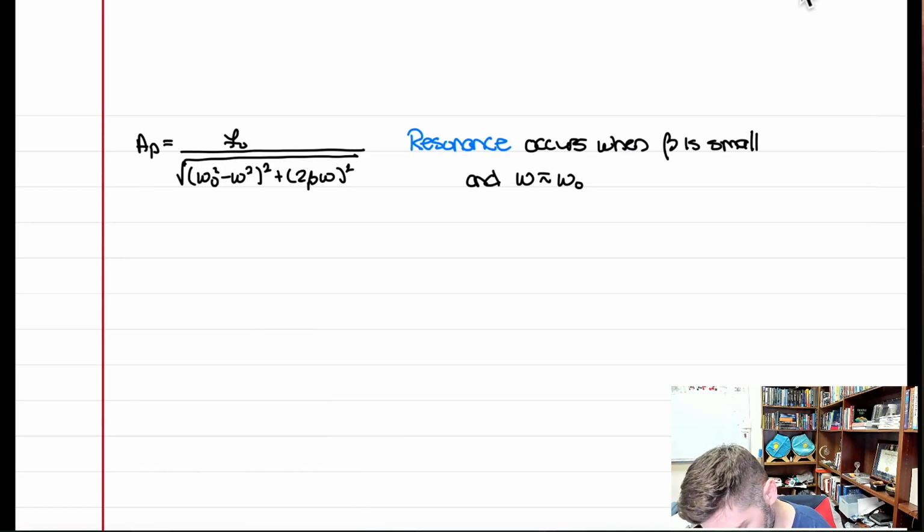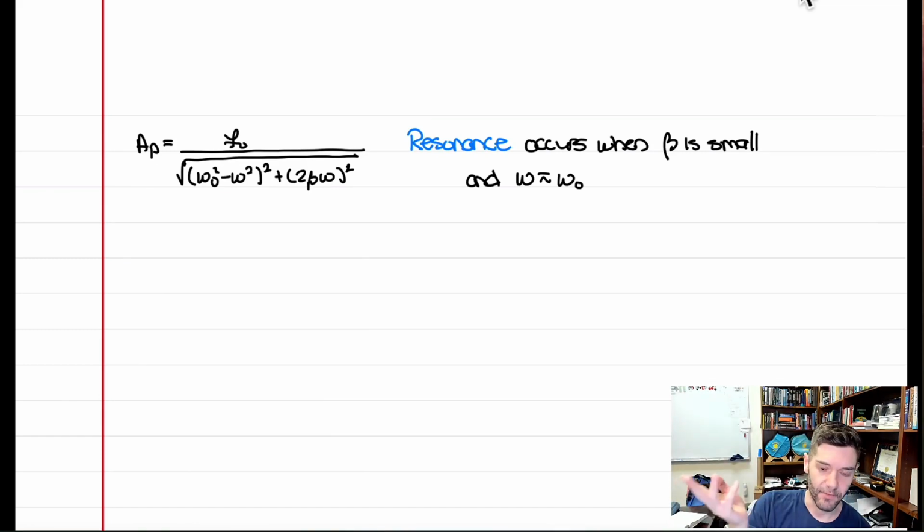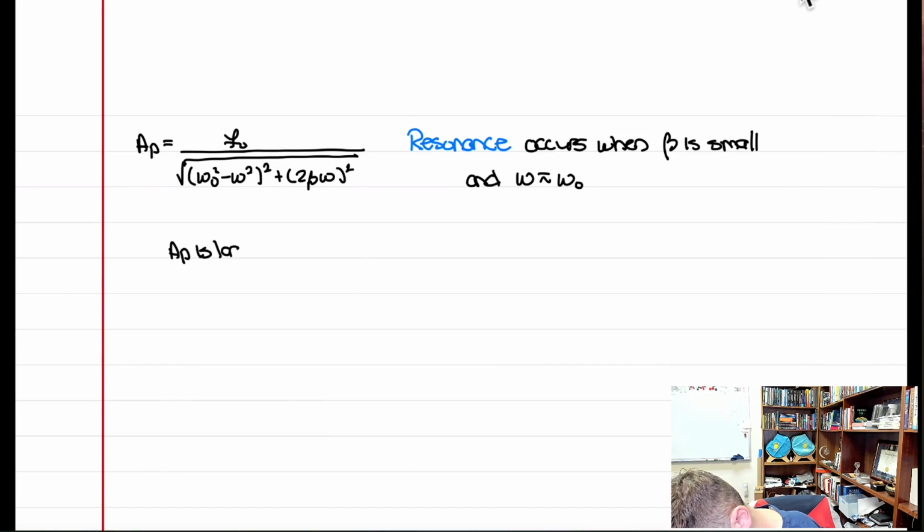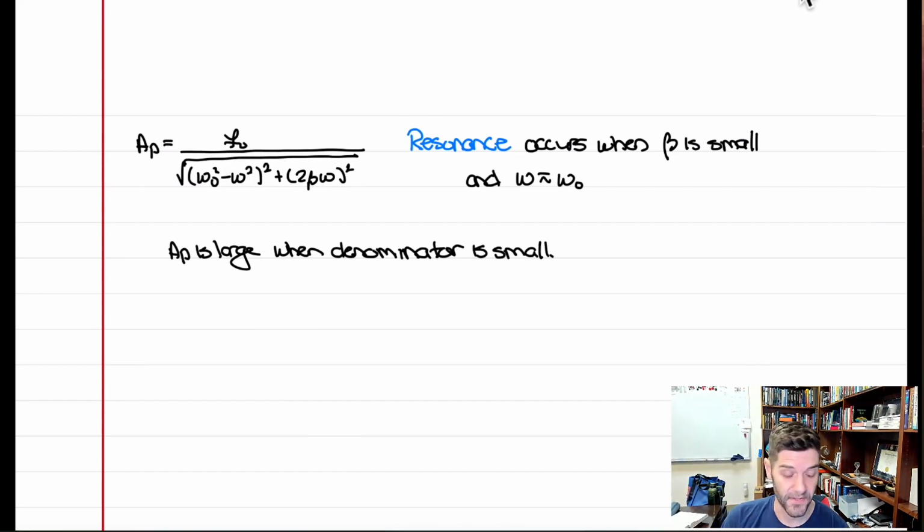But notice what happens. Well, f naught can also play a role here, but let's assume f naught is fixed. Right, it's some machine that's applying some sort of force at a certain frequency that you're fine-tuned to. So you could ask, when is this amplitude the largest? Right, this amplitude is large when the denominator is small. The denominator is the smallest